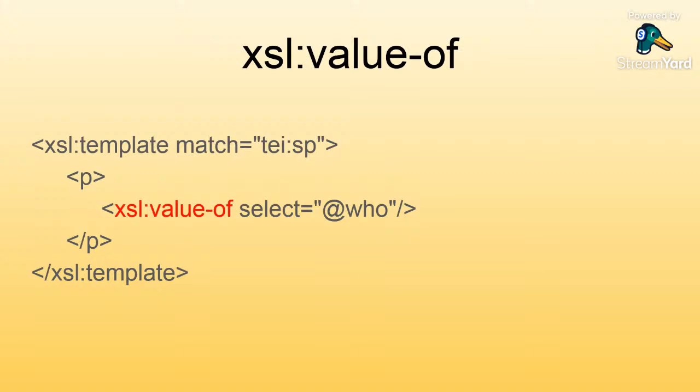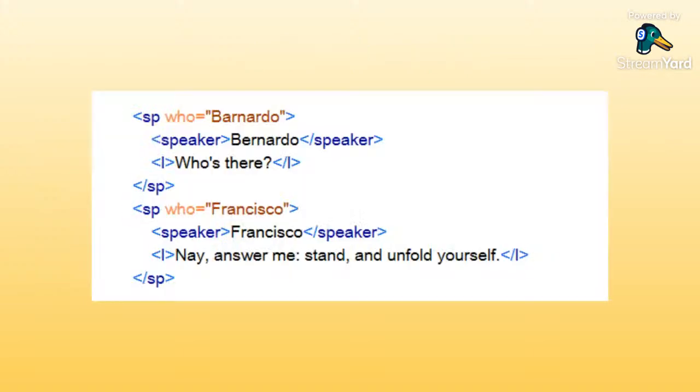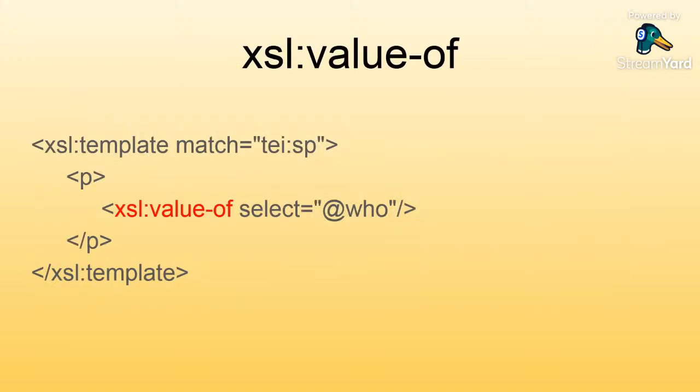What I'm going to do here is something slightly more nuanced than simply printing its content in a P. I'm going to say, firstly, I want to print the value of the who attribute on that speech. Note here we've got speech who equals Bernardo and the second speech who equals Francisco. I want to print the value of that who attribute. So XSL value of is